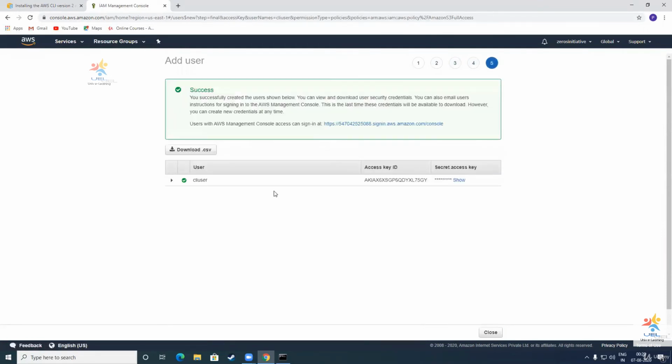And once you create the user, you will only have an access key ID and secret access key. One thing to note is you will see the screen only once. So ensure that you download the CSV file. But for right now, I'm pretty much fine that you guys are able to see my access key ID and secret access key. But later I'm just going to go ahead and inactivate this secret access key so that no one else can use it. Okay. So let me copy this access key ID.